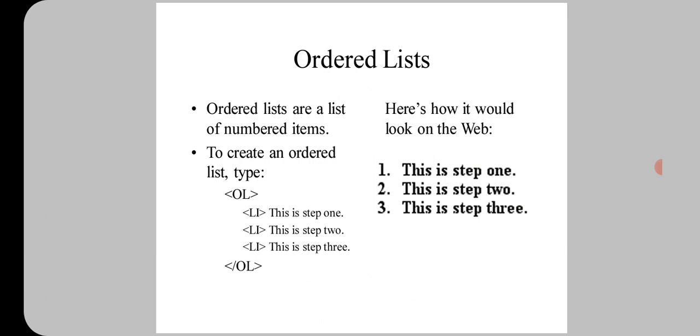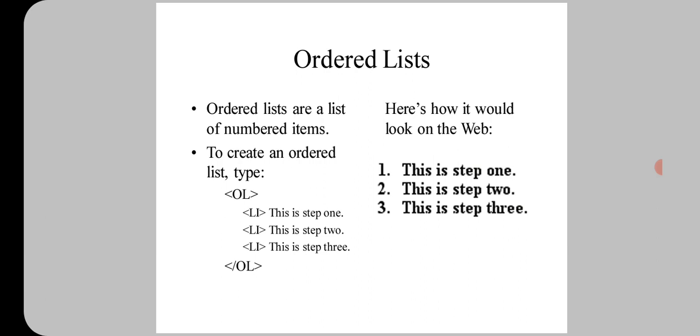So what are lists? Lists are nothing but a way to display some data or information, to display some data items, using some format. Generally lists are displayed in different ways: by using alphabets A, B, C, D, or numbers 1, 2, 3, or symbols like stars, circles and rectangles.